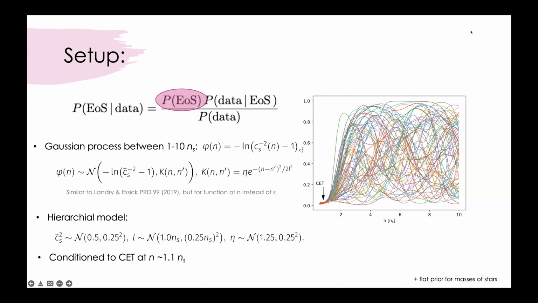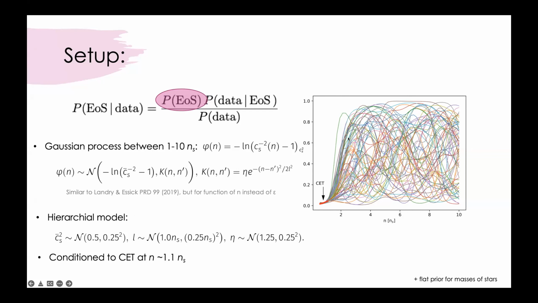If you don't know what a Gaussian process is, that's fine. It's basically correlated random numbers, which has two parameters. One is the correlation length, which tells how rapid wiggles you can have here, and there's a variance that tells how large these wiggles are. And we construct, using these Gaussian processes, a hierarchical model where we also draw these means and variances and correlation lengths from distributions themselves, to avoid any bias in making this prior.